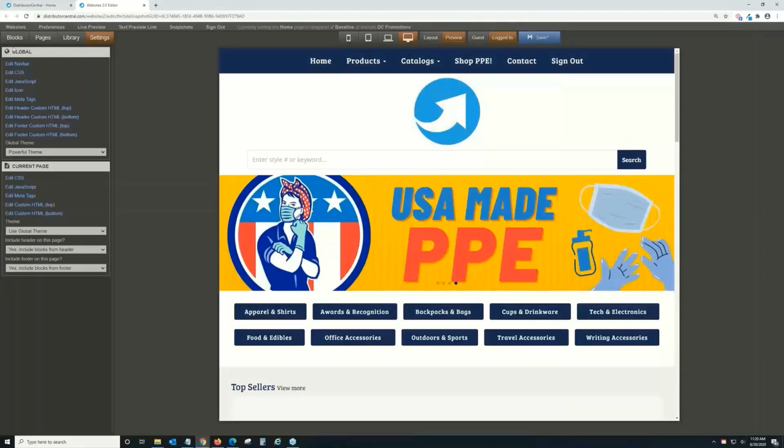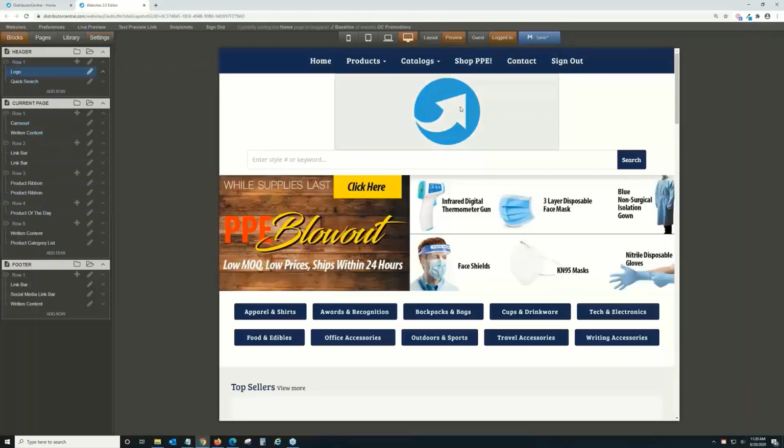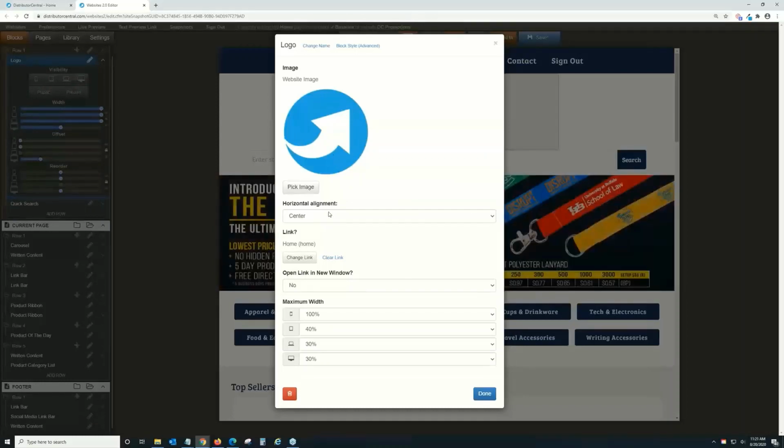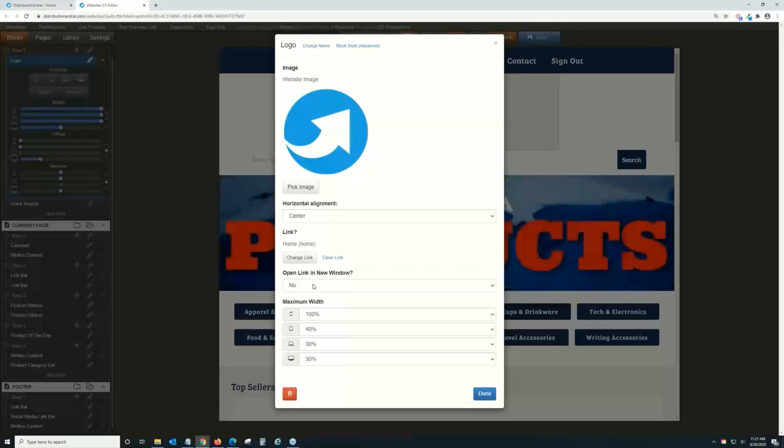So the next one is the picture block. We're just going to double click, and you can see here the images, the image I currently have loaded. It asks me what kind of alignment I want. I can add a link to it. You can determine whether you want it to open in a different window, and you can even adjust the size